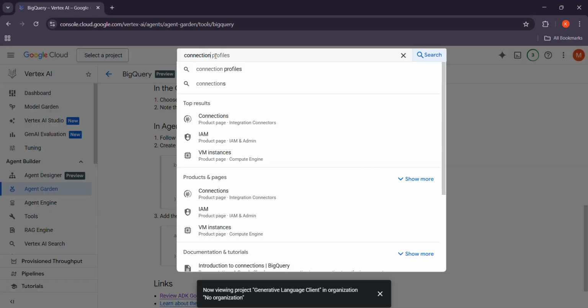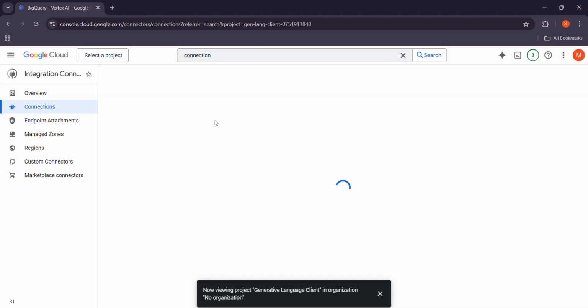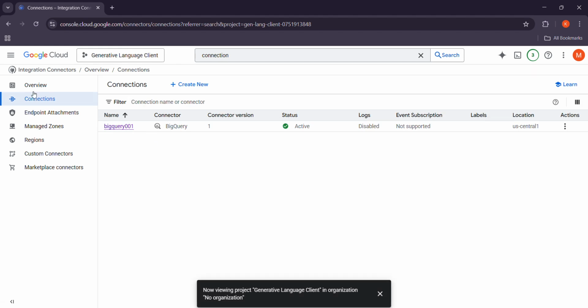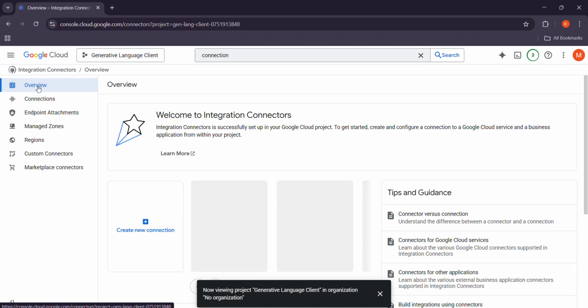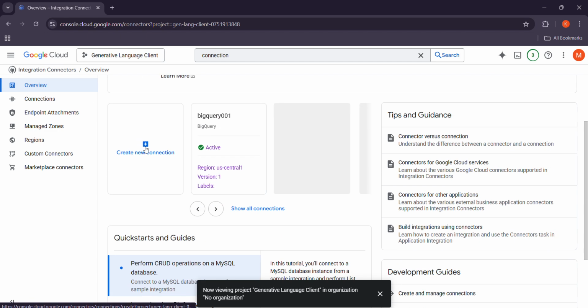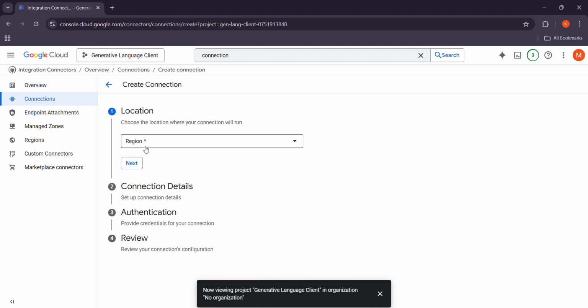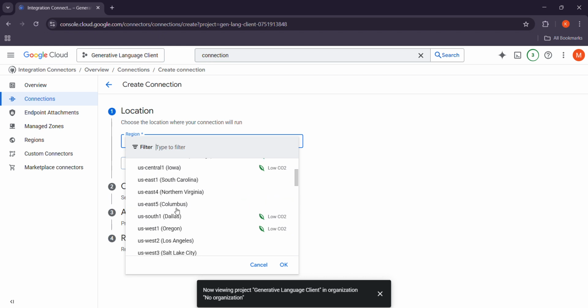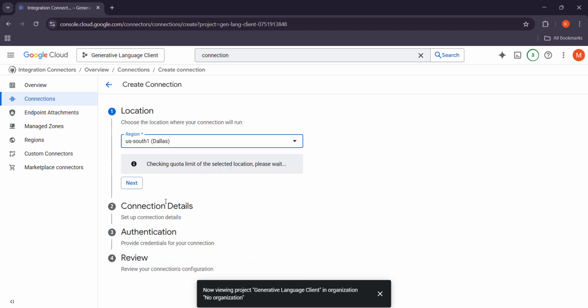You can write connection here, and you can search for connection. Okay, and after that you can come here. You can go to Integration Connectors, and inside Integration Connectors you can go to overview, and then you have to click on create new connection. I have already made a connection, so I'm not going to make a new connection, but I will show you how to make one. You can select any region,